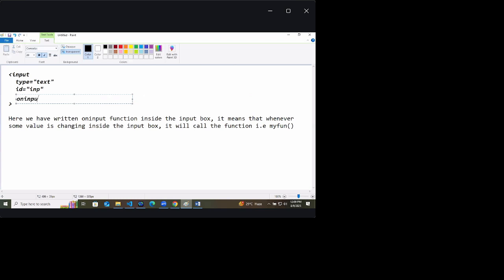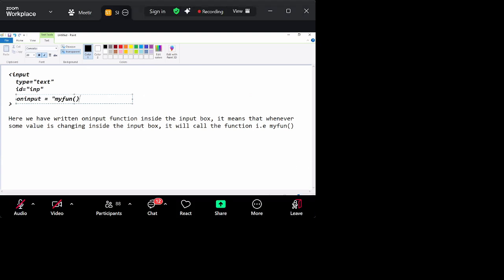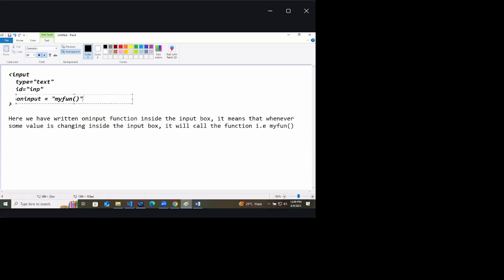On input equals to myfun. Function name can be anything. And here we pass the value. If I'm passing 12, it will send 12. But instead of this, I will write event dot target dot value.